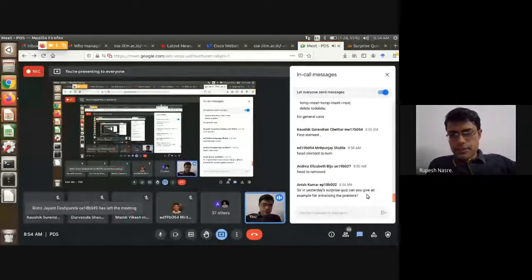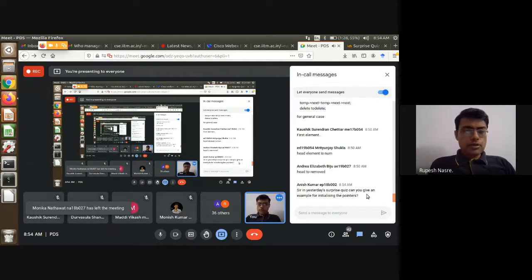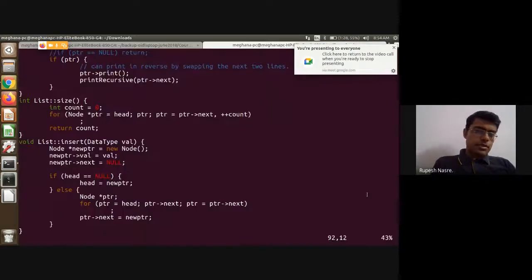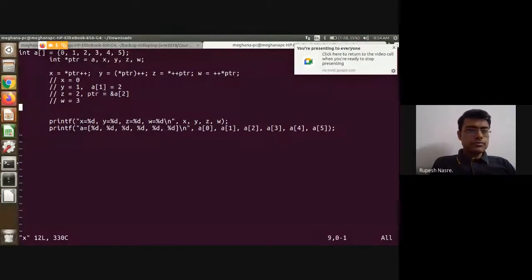Okay, there is a question. In yesterday's surprise quiz, can you give an example of initializing the pointers? Initializing the pointers. Okay, sure. So let's make use of this. So we had int star PTR, so that can be ampersand of x, provided x is a variable.